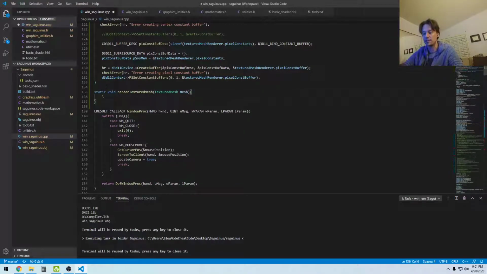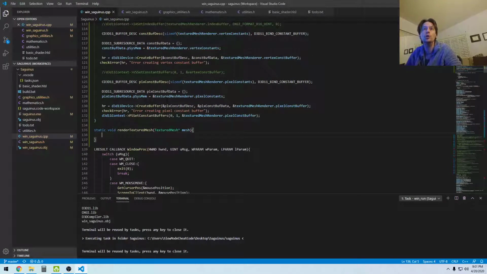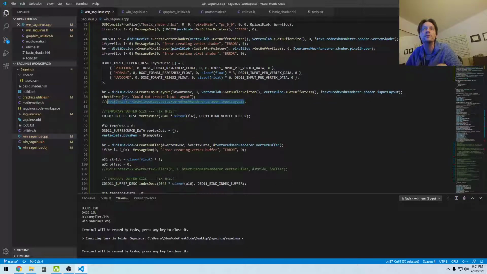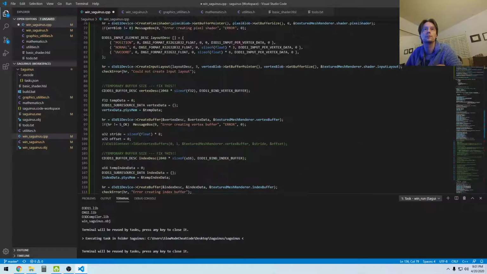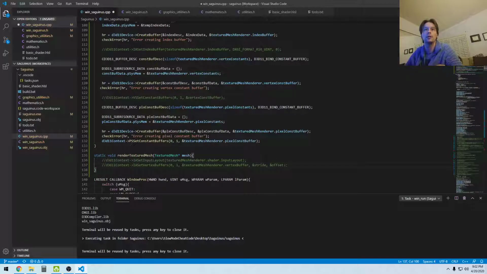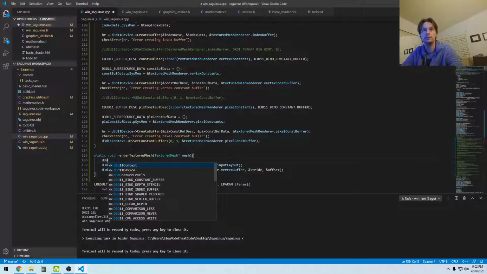And then later I'll probably change this to take in an array of meshes, because more than likely I'm going to be... I'm trying to take a pointer. So that way I can pass in an array, and it's more than likely I'm going to be rendering more than just one mesh at a time. So now, before I render everything, I can start setting all of this stuff. I also need to